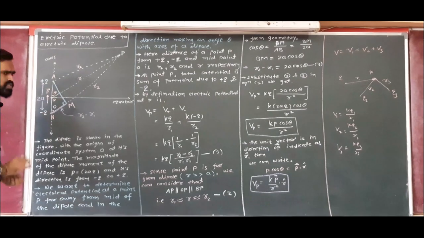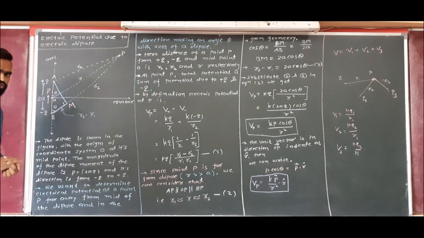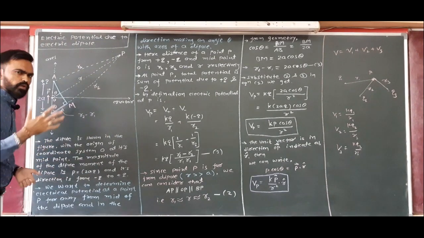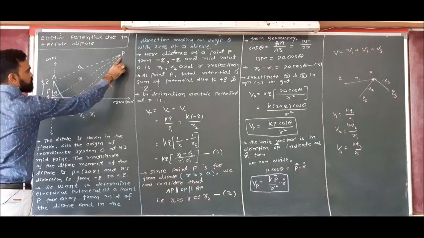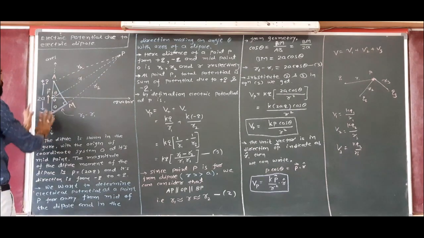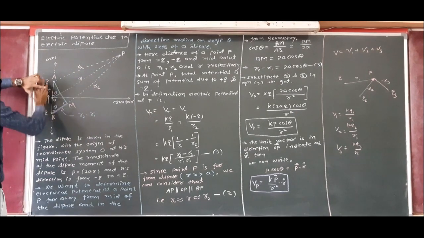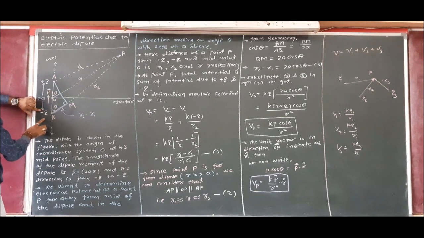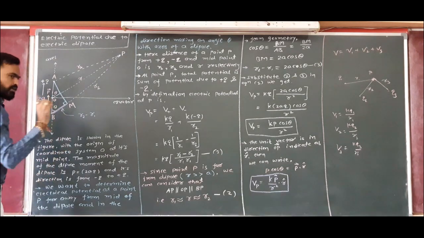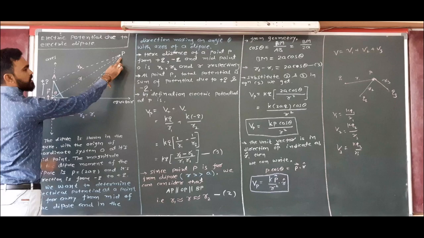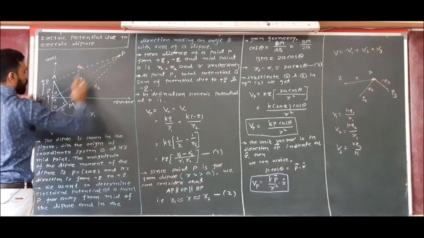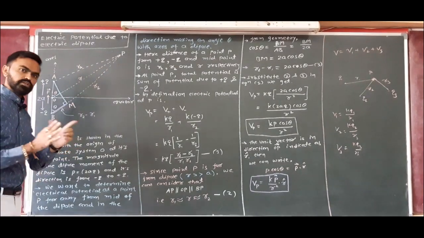I want to find out the electric potential in its vicinity. Let me choose one point, say P. This is the point P where I want to find the electrical potential due to the combined effect of the dipole, or the combined effect of plus Q and minus Q. So by definition, when you find potential at a single point, what do you need? Potential due to both the charges individually, and then take an addition.